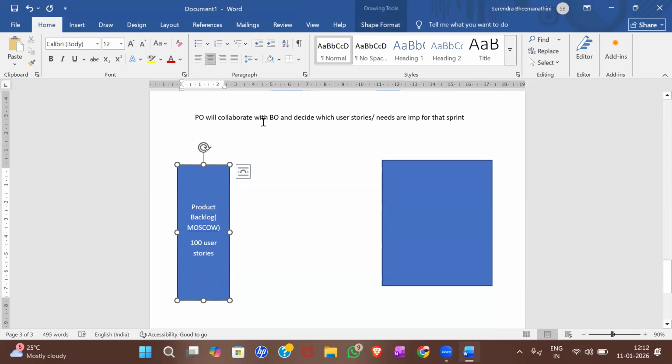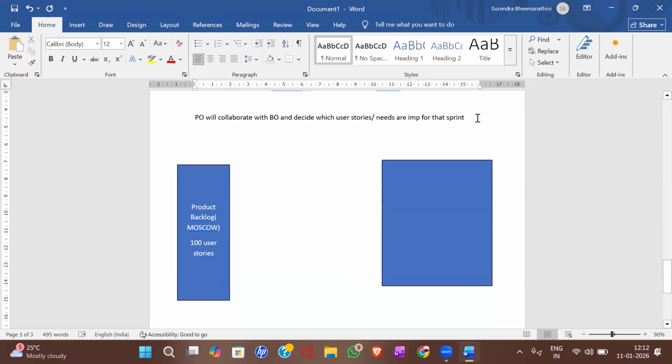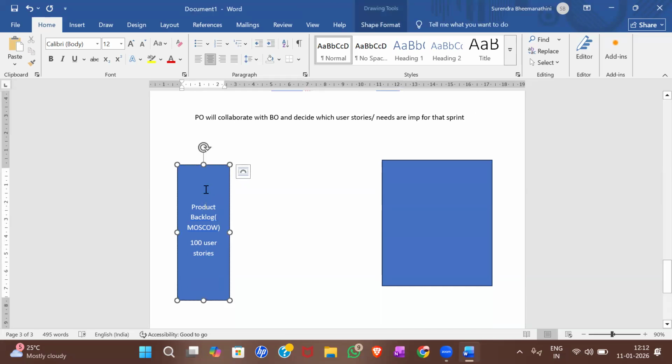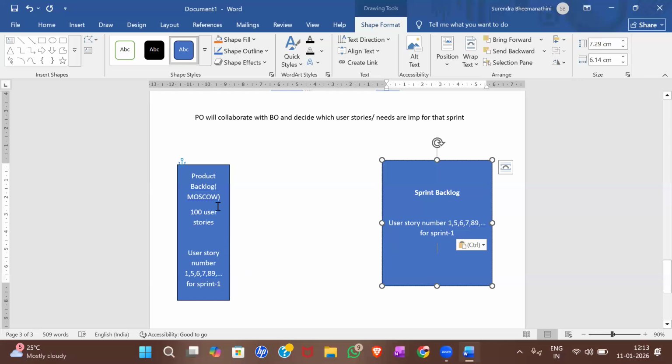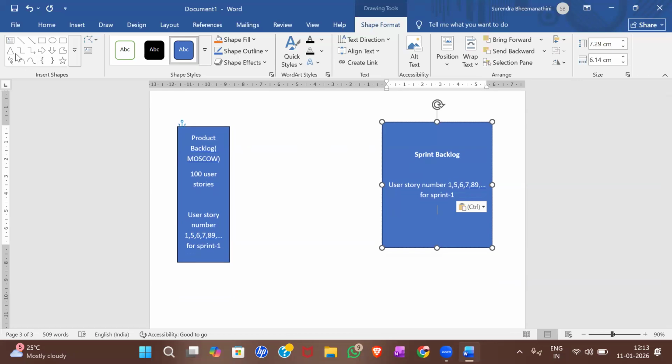And now the product owner, after having this initiated with the business owner, will come up with some idea, right? So now the product owner will decide, okay, for this sprint, let's have user stories number 1, 5, 7, 6, 8, 9 and so on for sprint one. Okay, so now our developers will pick these user stories into this sprint backlog. Okay, so you will have these user stories in this sprint backlog. Before you move them to this sprint backlog, you will have something called